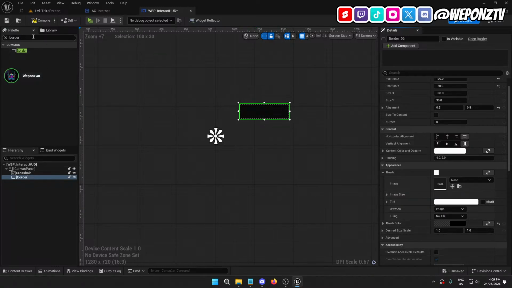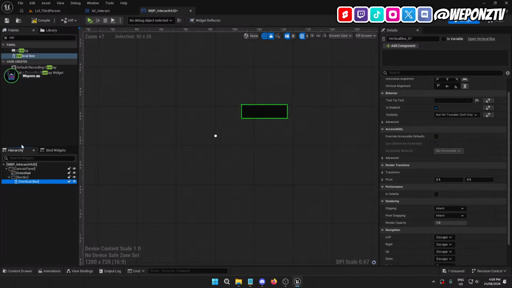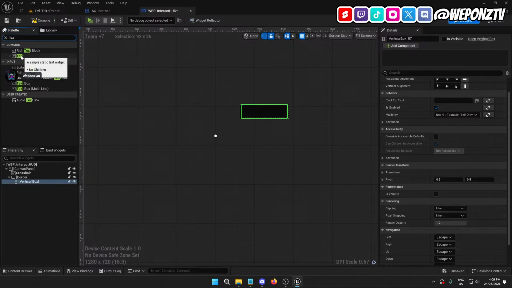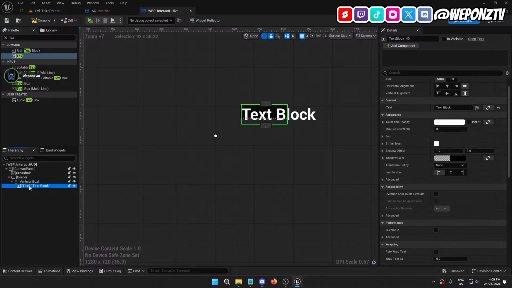Now what we would need is a vertical box inside there, and then inside the vertical box we're going to have an image. No, we can't have an image. We'll have 2 texts. Just do that and then duplicate,